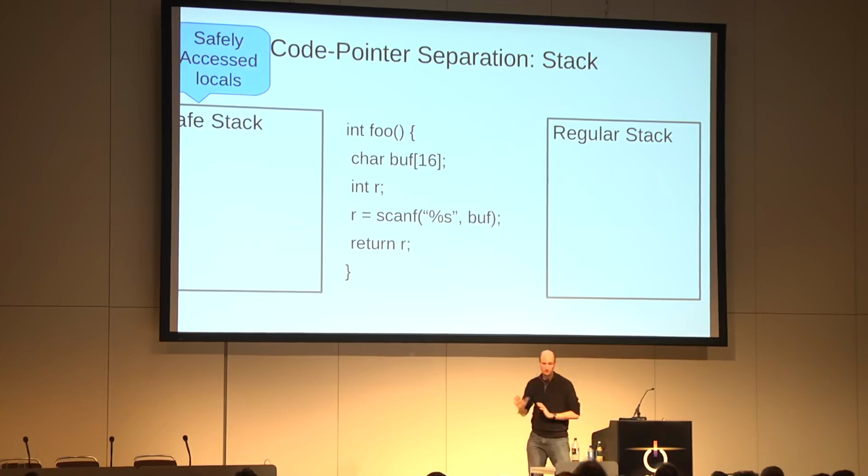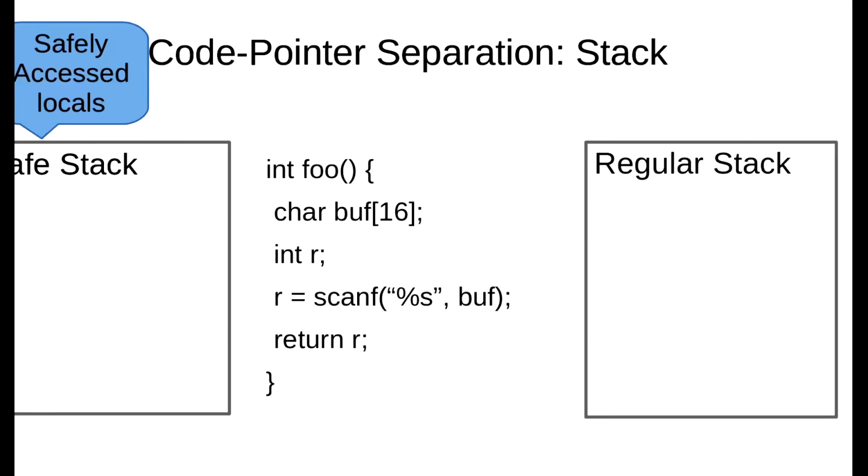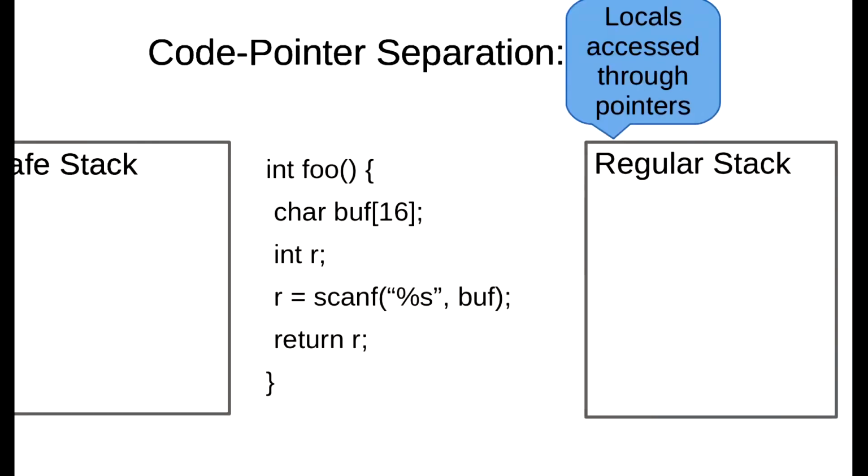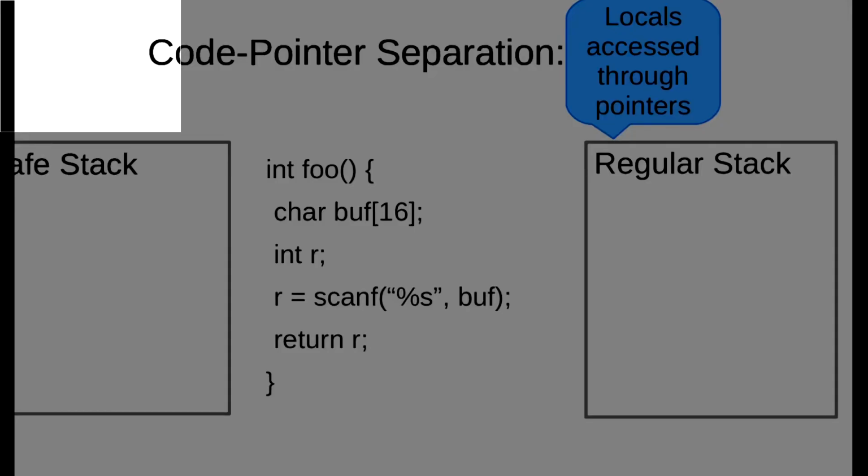So we've got the safe stack and the regular stack. On the safe stack, we add an additional compiler instrumentation pass that looks at all the local variables on the stack frame. And everything that we can prove in our instrumentation pass is safely accessed, so any local variable that is safe, is pushed to the safe stack. While all the other variables that we cannot prove are safe are pushed to the regular stack. So stuff that could cause something to be unsafe is either some weird pointer arithmetic, if it escapes the local